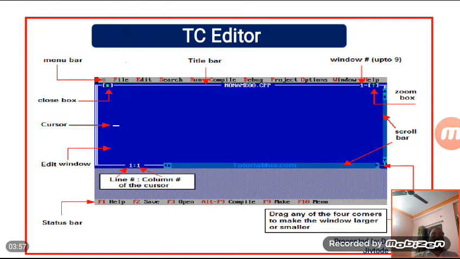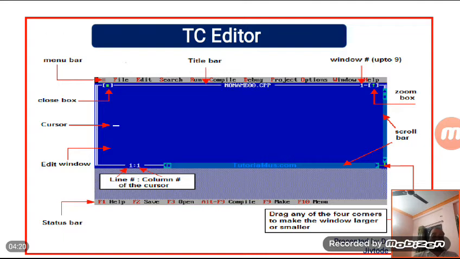Turbo C++ is the most common C++ language compiler. The interface of Turbo C++ is very simple. When the IDE screen appears, this blue screen is also called the IDE, an integrated development environment.